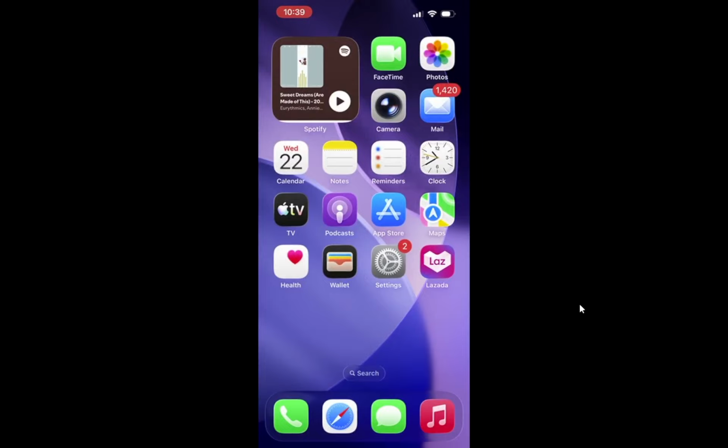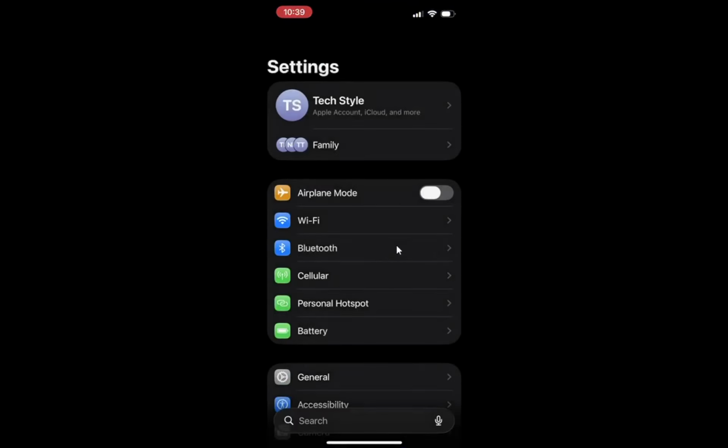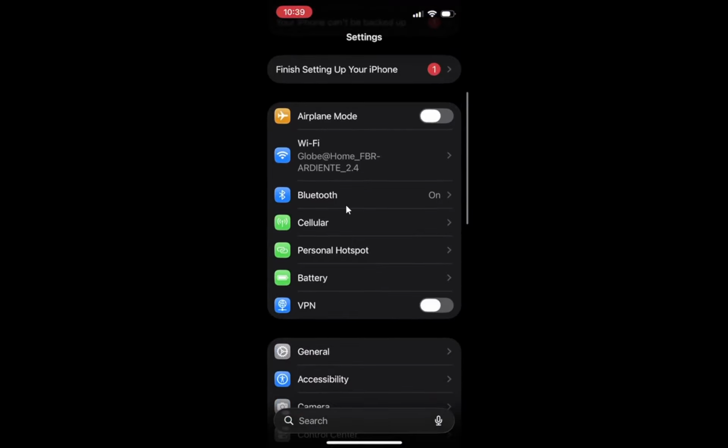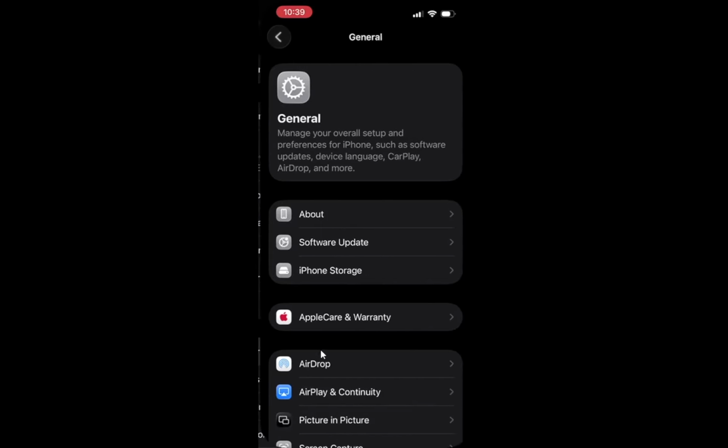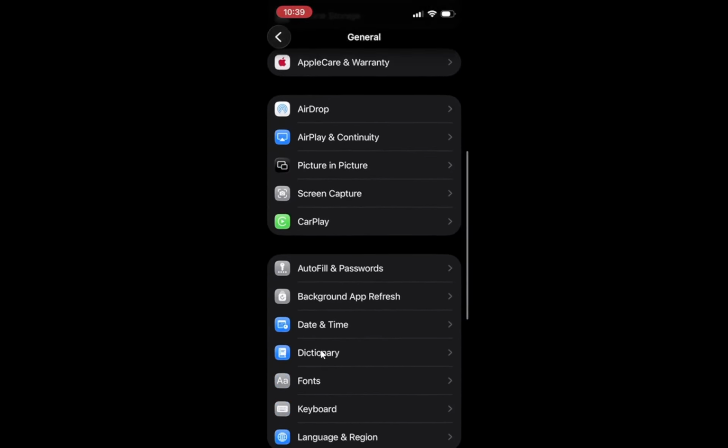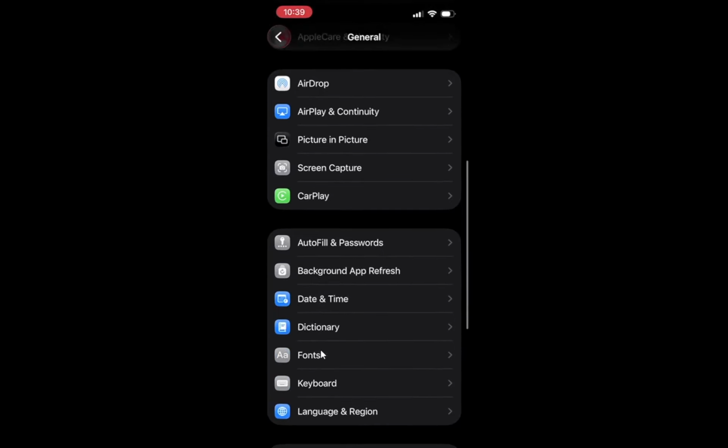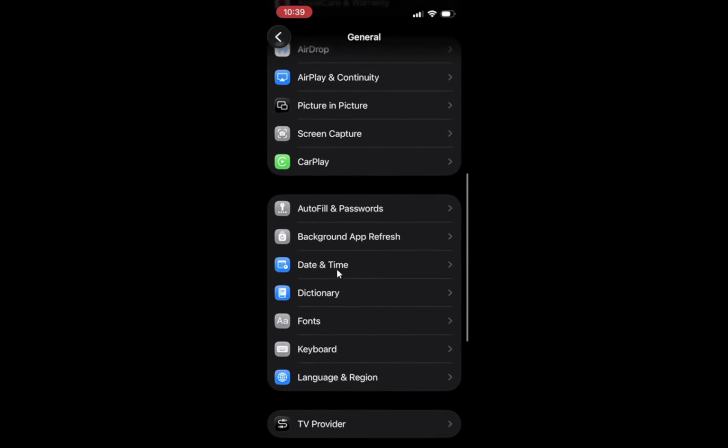Once you confirm that your internet is working, set the correct date and time on your device. Open the Settings app, then navigate to General and select Date and Time. Make sure to turn on the option that says Set Automatically. Incorrect time settings can prevent Apple ID verification from working properly. This little step is often overlooked but can save you a lot of frustration later on.